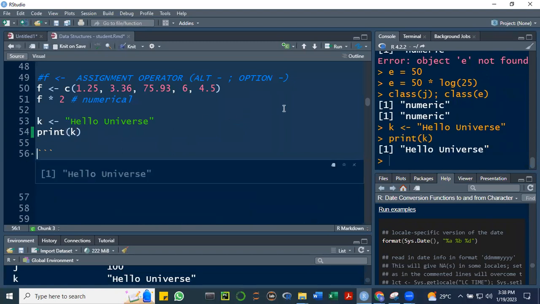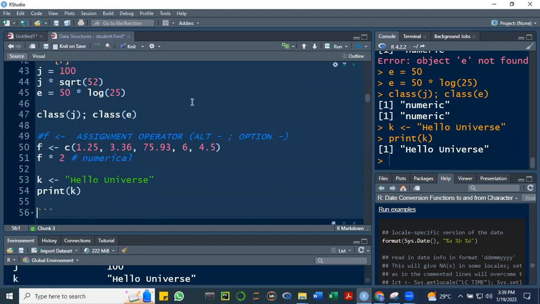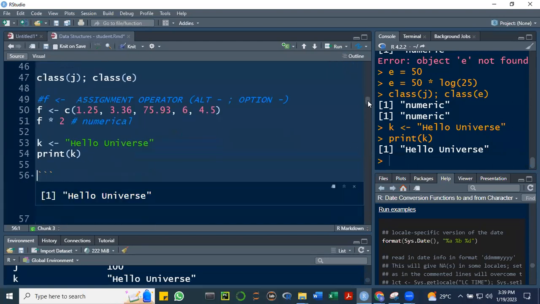If we print K, then you have this hello universe. Unlike J and E, the numeric one, which is automatically generated here in your console, in your script or source window, right? Or another way, if you want to automatically generate the printout, we can do this. Put your code